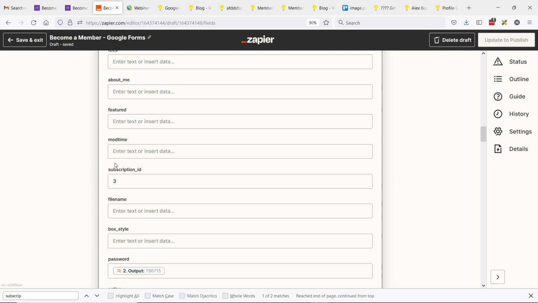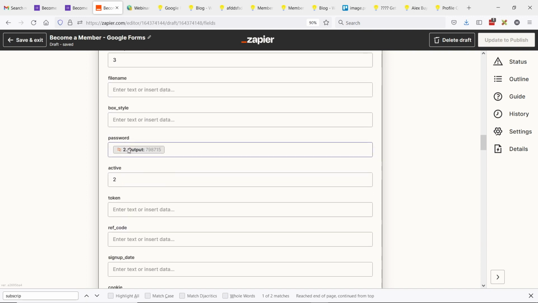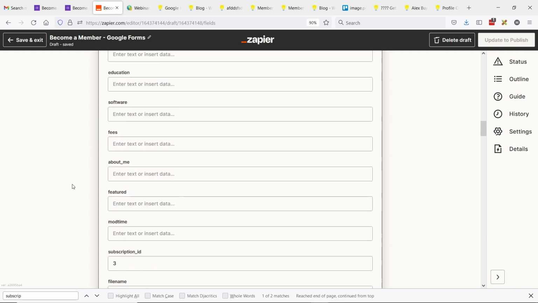And on this website, I think it's called a local business listing, but you'd probably want them to be a general user or another free account type on your website. So this can be dynamic, or you can set it, the subscription ID, to 3. And the password is going to be set to that output that we created. This sounds a little confusing here, but if we scroll back up